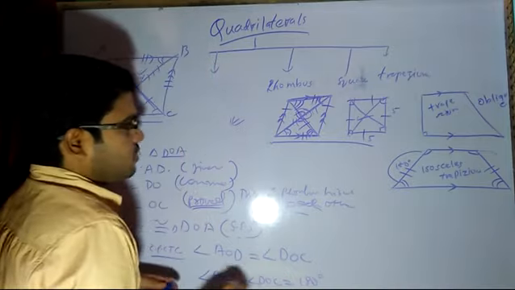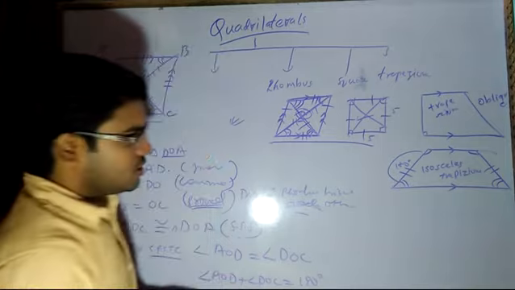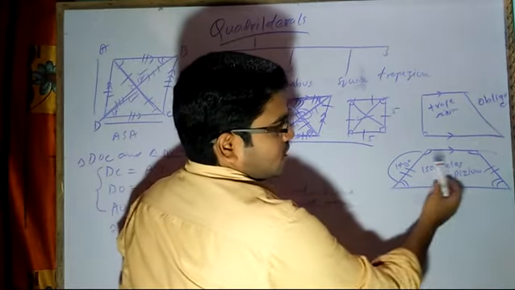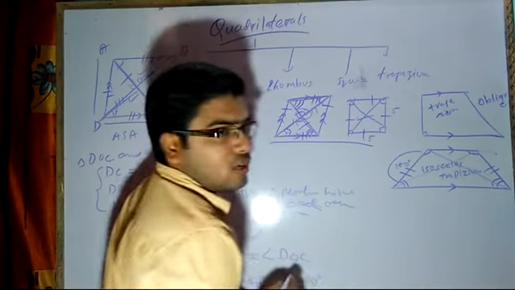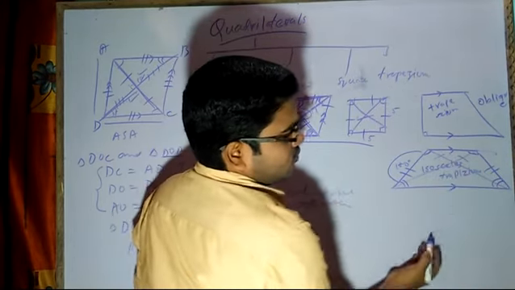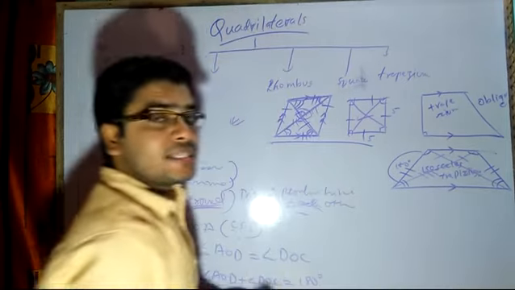Now the second thing I would like to say here is about the trapezium. In this trapezium I have already discussed this thing. These two bases are equal, these are equal, and if a diagonal is there, then this diagonal will also get bisected. This all will also get bisected.